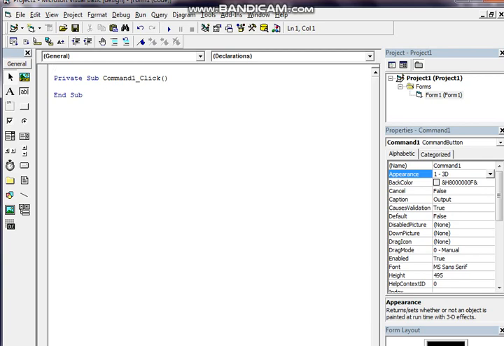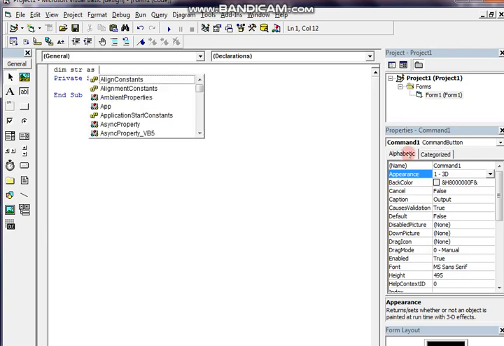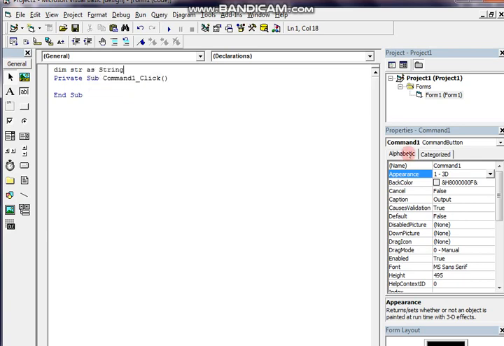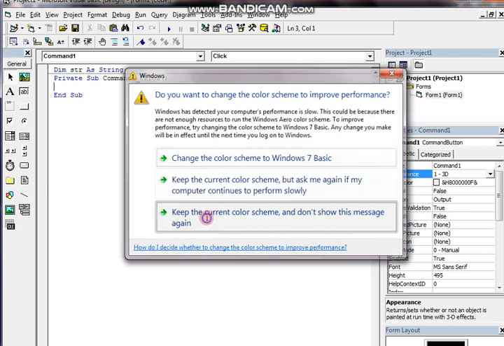As we have to enter a word, we have to take any string variable, that is S1 or S, or you can also take str as string. So we have to take a string variable, students, that can hold a word or sentence. Now what we have to do?